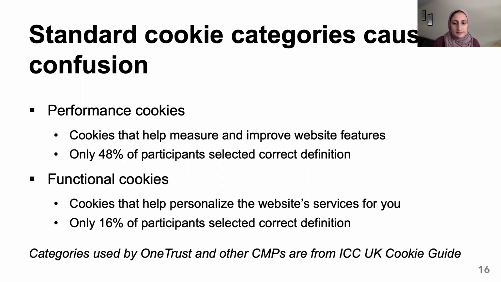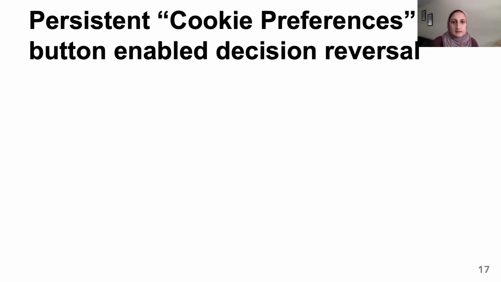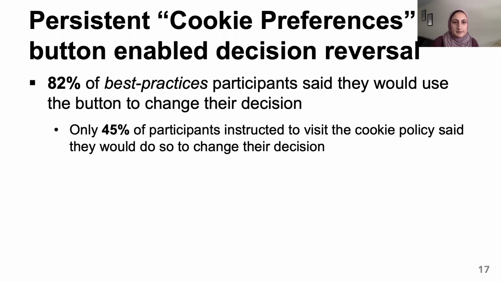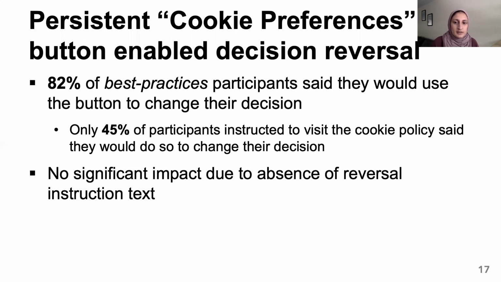functional cookies. While the cookie preferences button wasn't effective as an initial consent interface, we did find that it enabled people to change their consent decision. 82% of those in best practices said that they would use that button to change their decision, while only 45% of participants instructed to visit the cookie policy said that they would do so. And we didn't find a significant impact by removing the reversal instruction text, suggesting that the button on its own